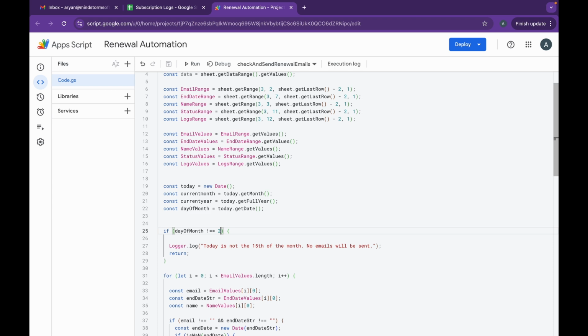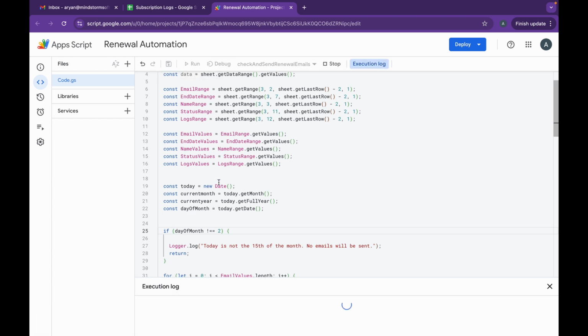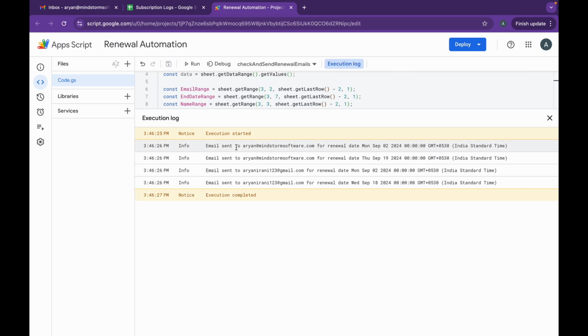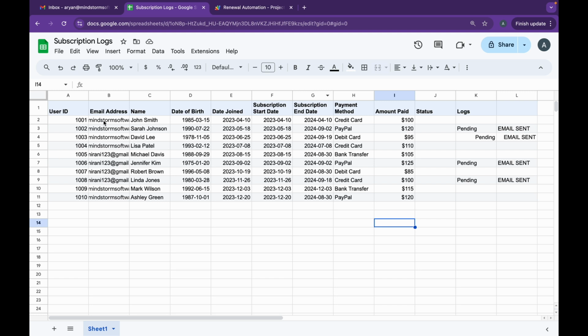When it's the 1st of the month, it's going to be checking all the clients whose subscription renewal dates are in the month of September, and it will send an email accordingly. So I'm going to keep this as 2 right now, and I'm going to go ahead and click on run. You can see it's going to be taking a few seconds. It sent 4 emails to the clients, and in fact there are 10 clients,